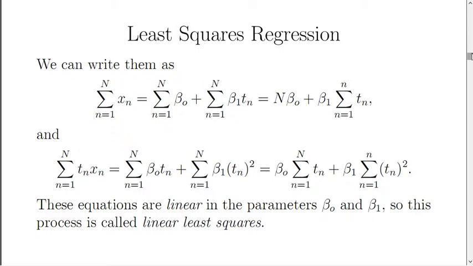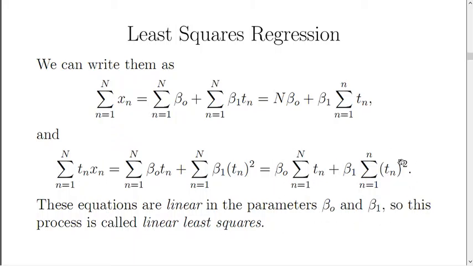parameters. Now, I'm going to rewrite these equations in this way. I've just rearranged a few terms, and it turns out that they are equivalent to the sum of all the x values is equal to this quantity. By the way, I was able to do that because beta naught is a constant. It doesn't change over time. So the sum over all n values of that constant is just n times that constant. I also can rearrange the other equation to get that the sum of time times data value is equal to